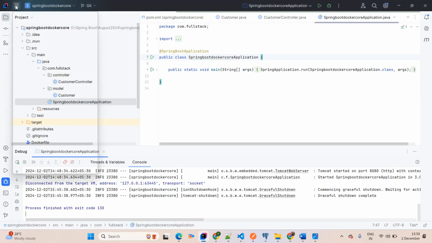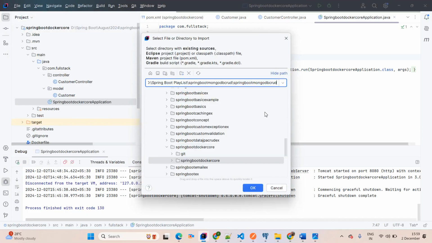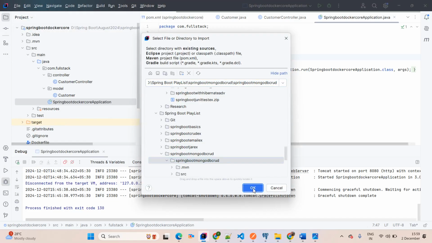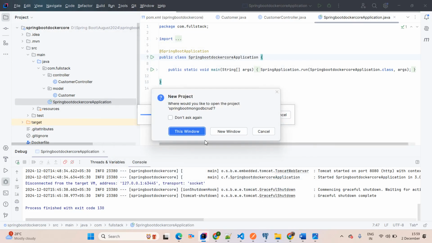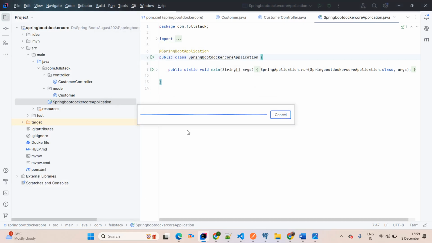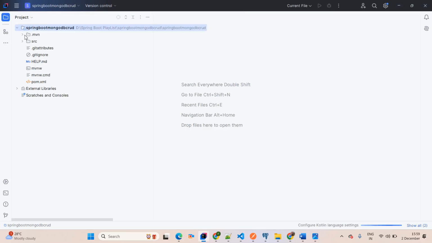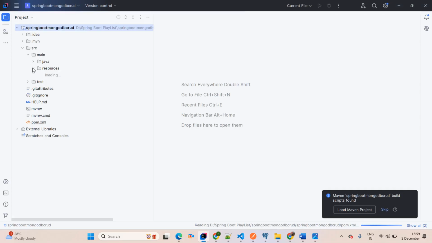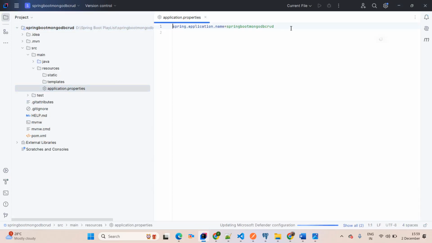Coming to File, New Project from Existing Sources, we are giving the path of our application. Then simply click on OK. Then this is a Maven project. Trust project, and I want to open in the same window, that's why I'm going to click this window. Now once it opens here, coming to src main, we have resources available here. Coming to application.properties,